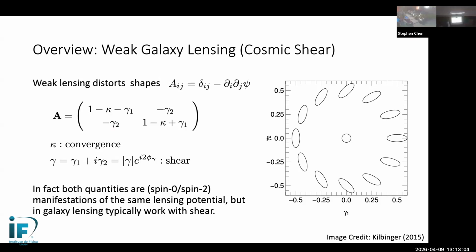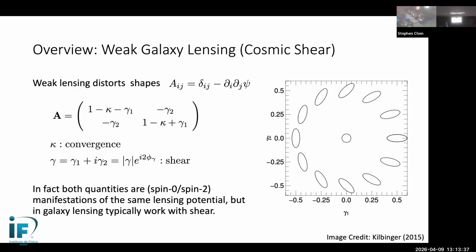The details of this are not particularly important, but this matrix then we can decompose. This matrix, as you can see, is a symmetric matrix, so we can generically write it in such a way. And here we have two critical pieces. One, kappa here is the so-called convergence. As you can see, it lives isotropically along the diagonal, so all it does is magnify or shrink or stretch things isotropically. And then we have the shear, which is what I'm going to talk about here. The shear is our gamma 1 and gamma 2. And here in this nice plot, you can see that as I move along different values of gamma 1 and gamma 2, this corresponds to shifting this circle into ellipses of various orientations.